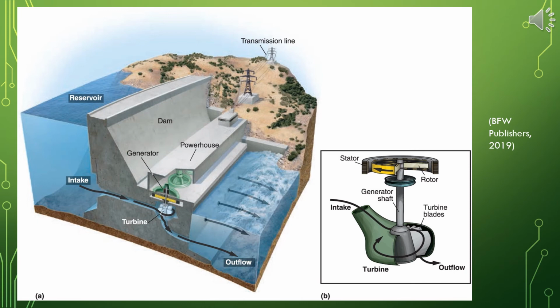There are several major components of an impoundment dam that you should know. You should be familiar with the reservoir, which is the water that is held behind the dam. The intake, which is the area at which water from the reservoir is able to enter the dam system itself. You have the penstock, which is the actual tube that moves water from the intake into the turbine. The water flows over the turbine, spinning it to produce mechanical energy, which is then run through a generator to